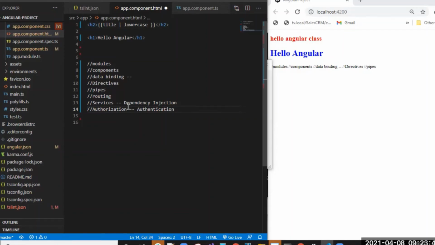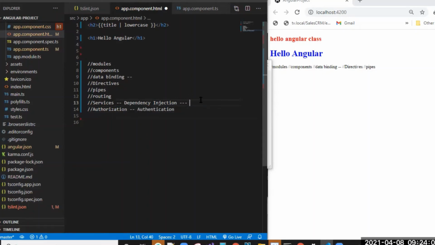Route parameters and everything will come in the routing information only. With routing, we will create the different types of components and services. To get the data and bind the data dynamically, we will use the services. In the services only, we will have the RxJS concept.